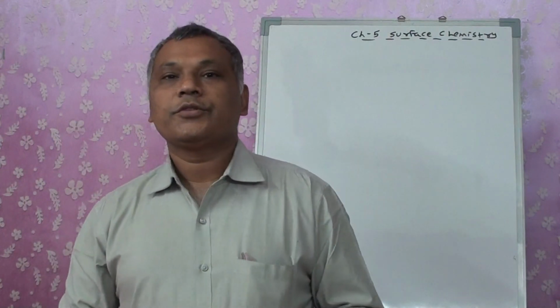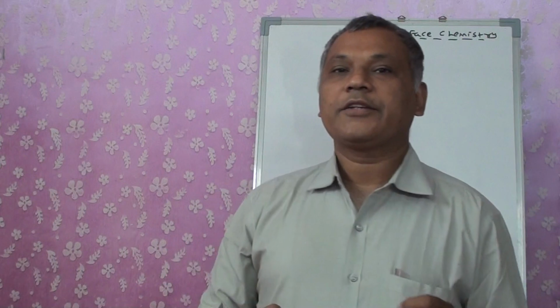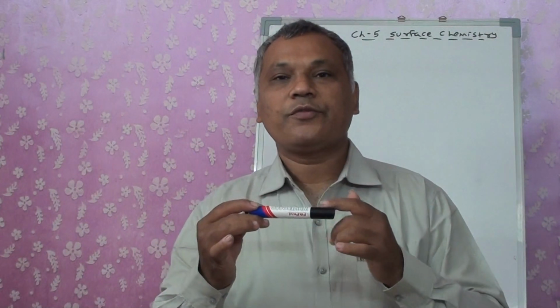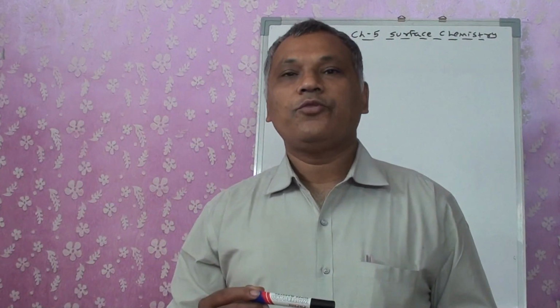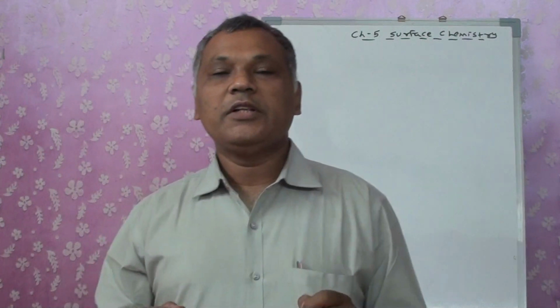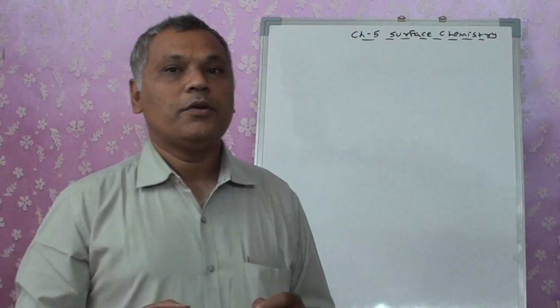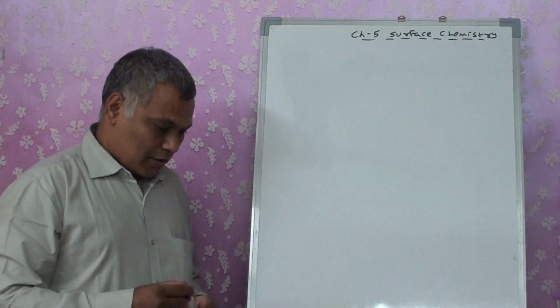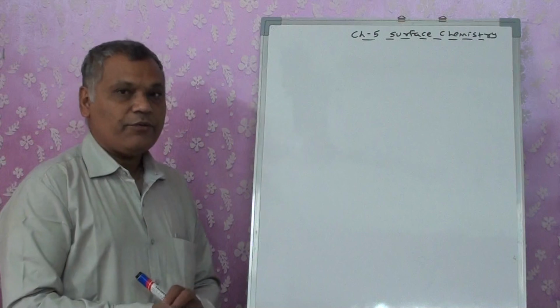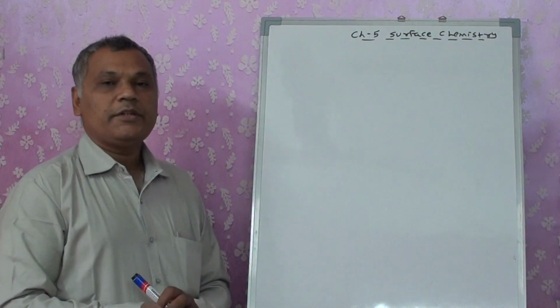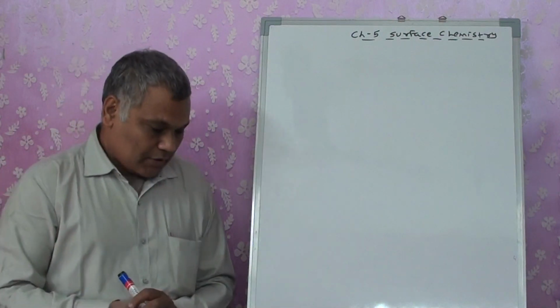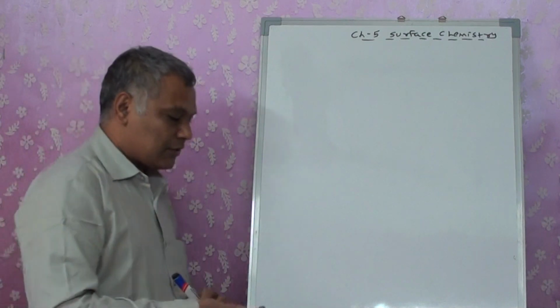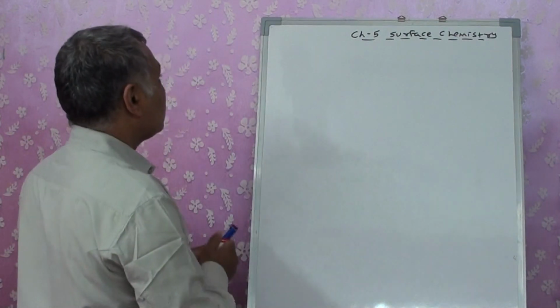So what does it show? That whatever kind of reaction, whatever kind of forces there are going to be, they are going to take place only on the surface of the molecule, and therefore such phenomena which deal with the surface of the molecule are considered to be surface chemistry, right? So the definition that we write for surface chemistry is: surface chemistry deals with the phenomena that occur on the surface.